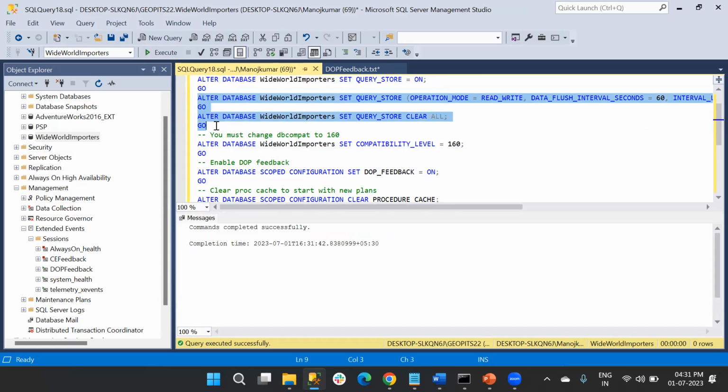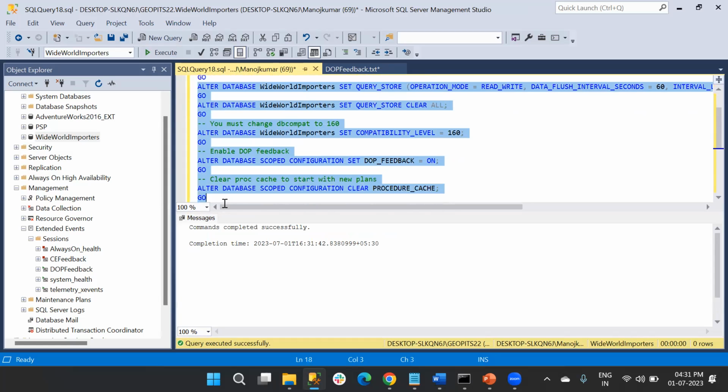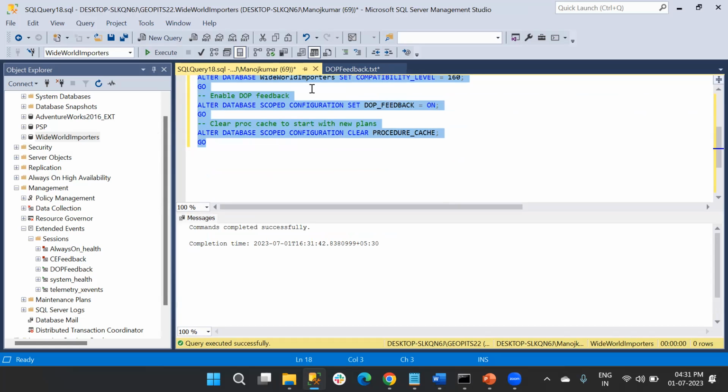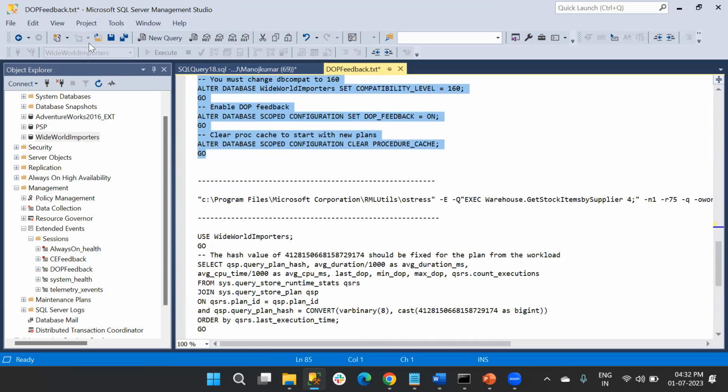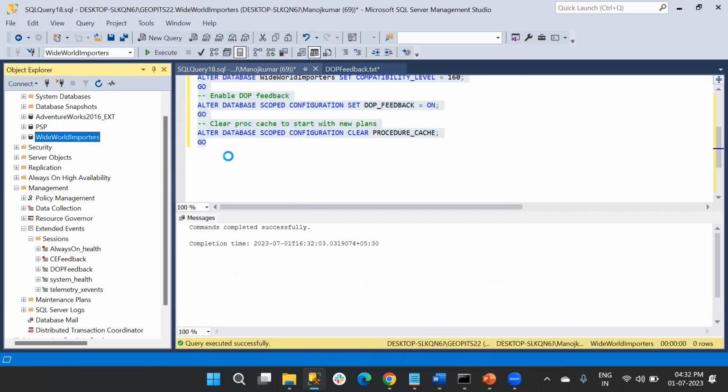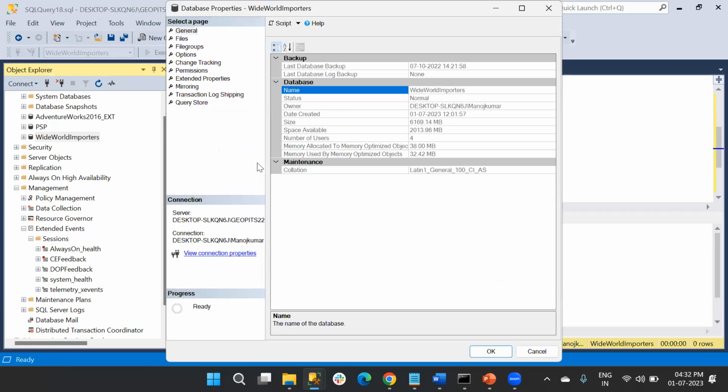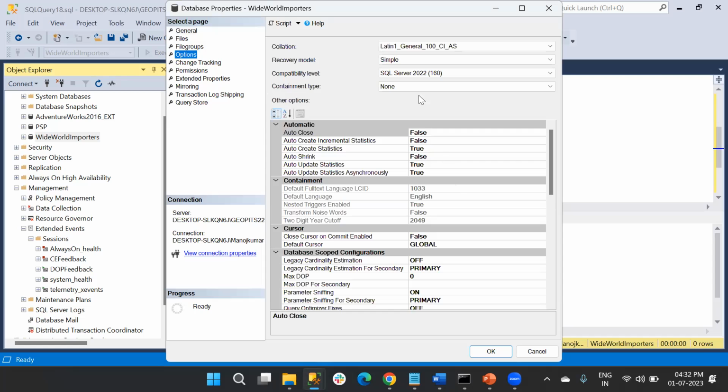I'm clearing the cache and everything in the query store, and changing the compatibility level. The compatibility has changed.